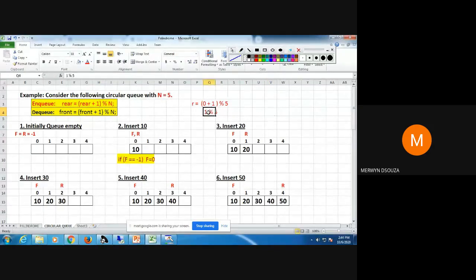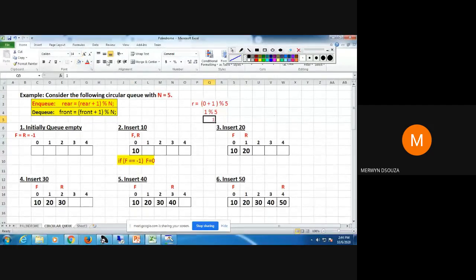What is 1 mod 5? Again the answer will be 1, because 1 you cannot divide. So rear will shift from index 0 to index 1, like it is shown here, and you will insert 20 there.